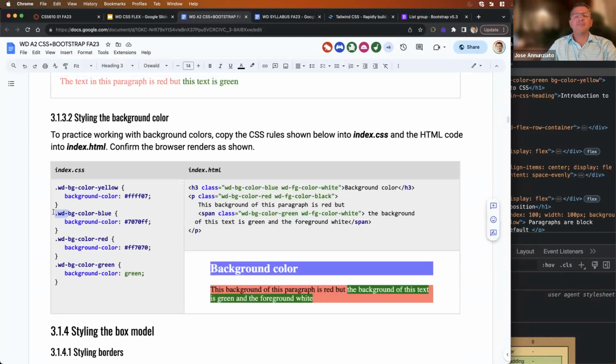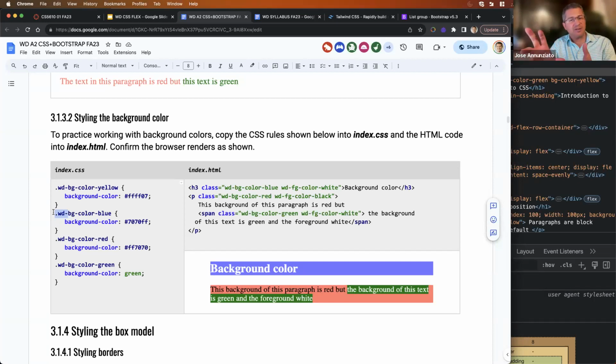Also notice that all the classes that I asked you to create and work with in this assignment, I have prepended them all with WD. See that? And it stands for web dev. Okay. And so that's a good practice to follow, especially if you're part of a development team in a company, that you want to be able to distinguish classes that belong to you or to a course or to an institution, right,